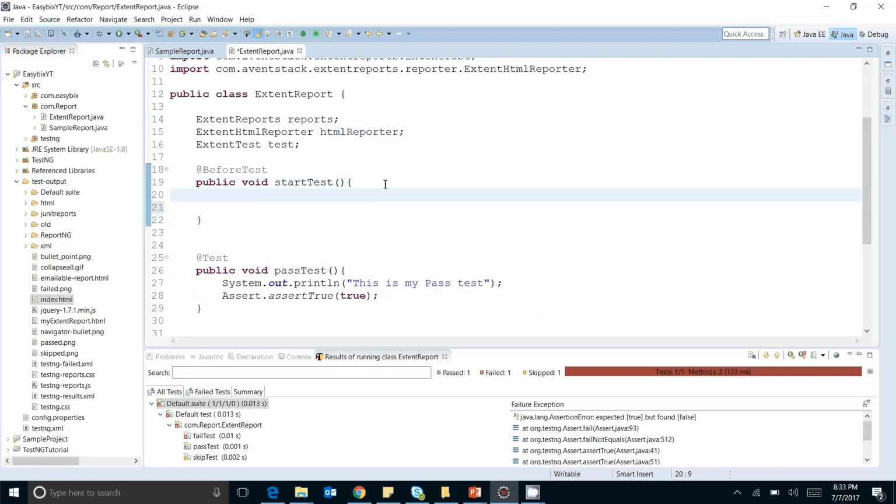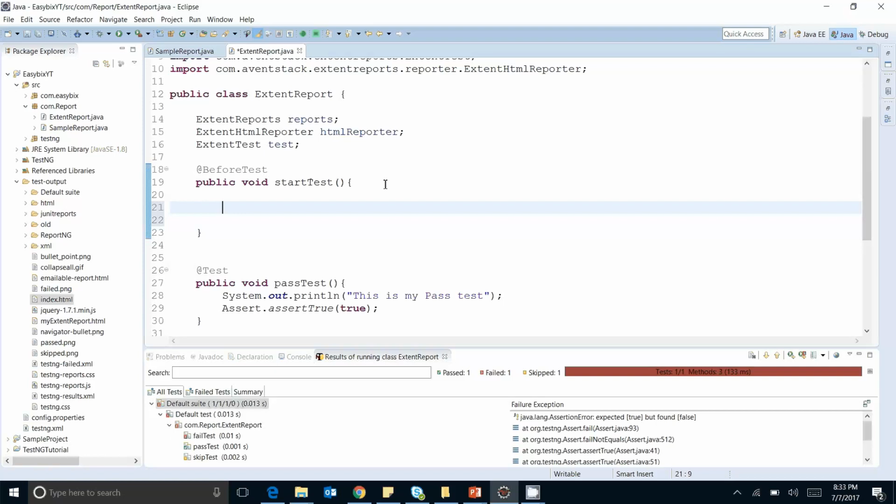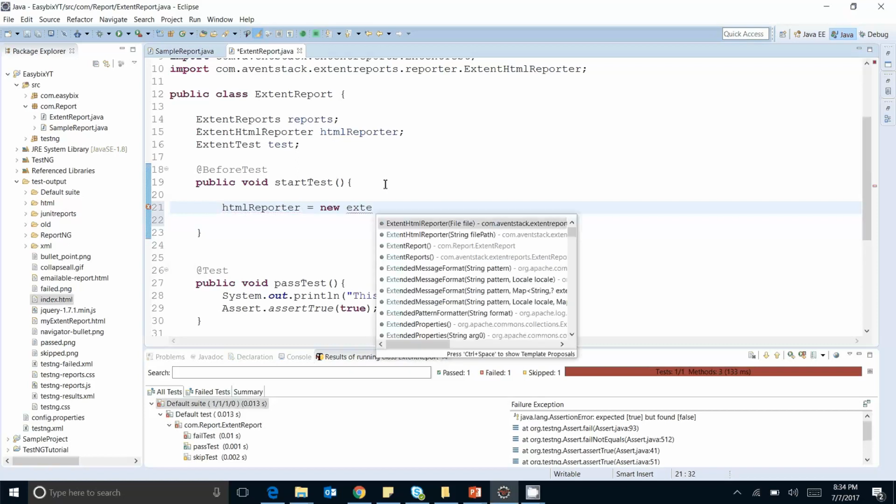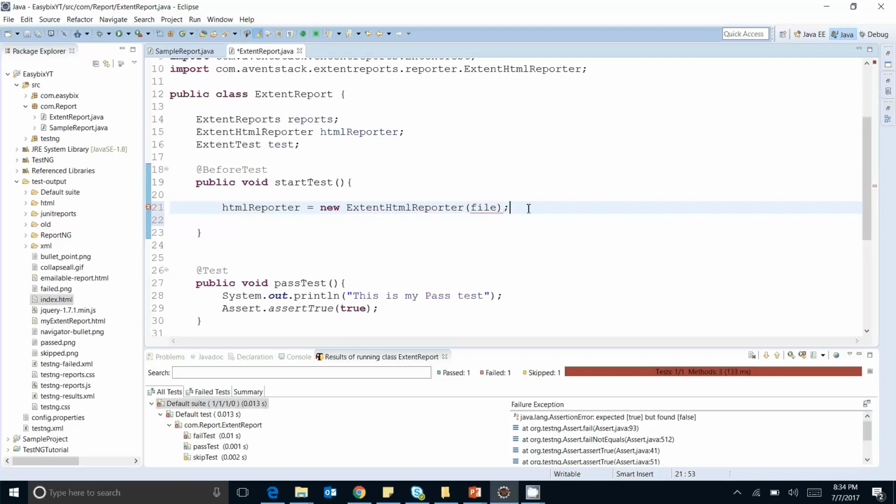So in the very first step we need to initialize the HTML reporter. HTML reporter equals new ExtentHtmlReporter, and you can see we need to pass the file path here. Now what is this file? What do we need to pass inside the constructor of HTML reporter?